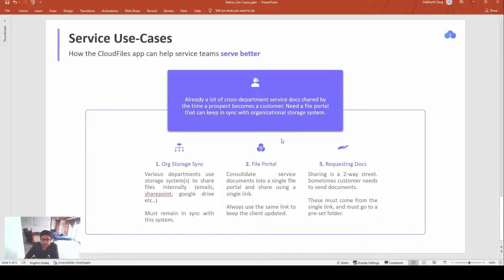The last use case that we are going to discuss for a service team is requesting documents. Sharing is a two-way street, and not only are you sharing documents with your customers, sometimes your customers are also sharing them back with you. For example, you might want to request some sort of ID documents or passport documents from your customer, depending on the use case. So, we provide a functionality in CloudFiles where you can insert a file request block, and then